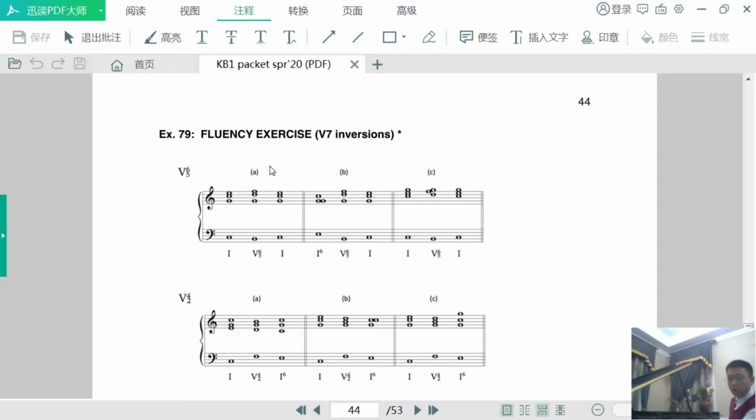Let's check the voice leading. First, in the V6/5 chord, the 7th should go down by step. The leading tone, which is in the bass, moves up by step. The root of the V6/5 chord, which is G, we just keep, and the 5th is sent down by a step. So the resolution will be like this, and then after this progression,